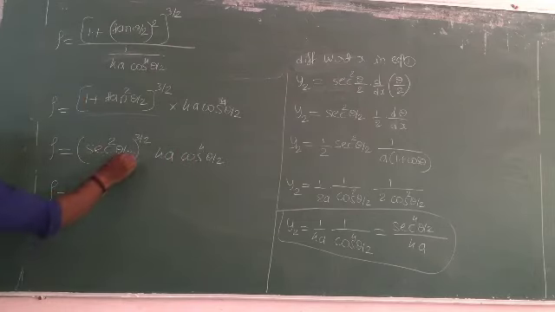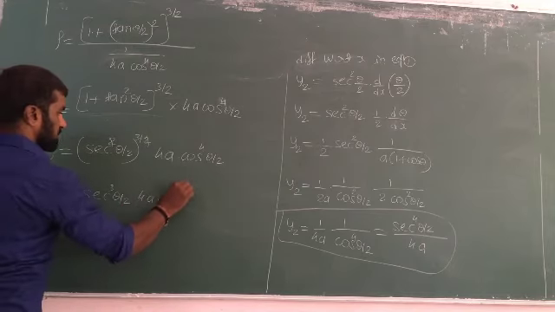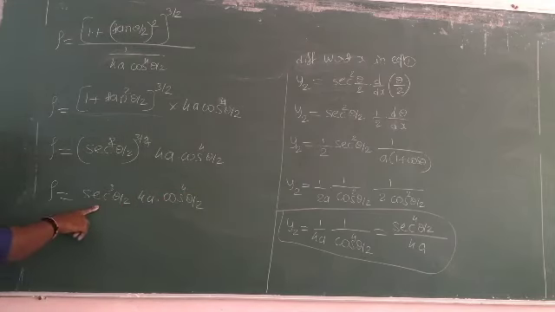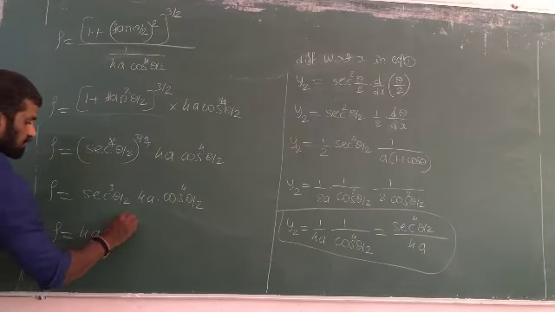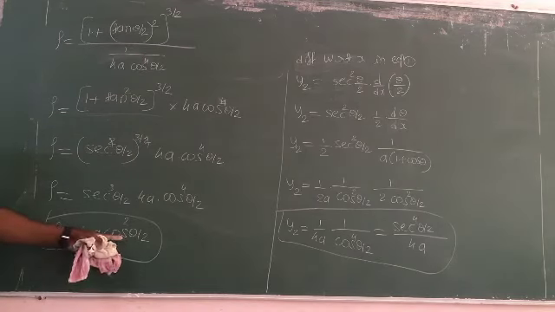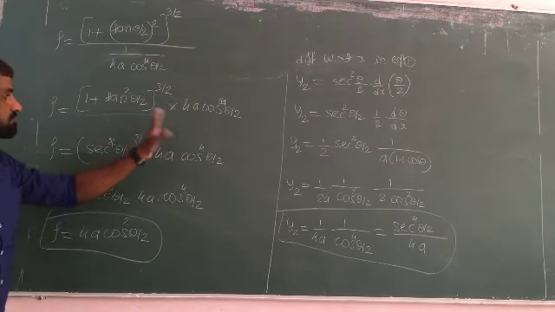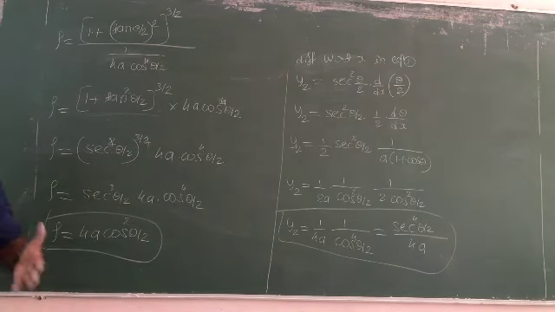Rho is equal to secant cube theta by 2 into 4a into cos raised to 4 theta by 2. Bring the secant down: it becomes 1 divided by cos cube, and with cos raised to 4, one cos remains. So the final answer is 4a cos theta by 2. If the theta value were given, we would substitute it; since it is not given, keep it as it is. So this completes the examples on Cartesian form and parametric form. I will write the notes in detail.